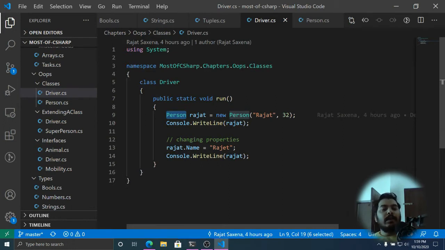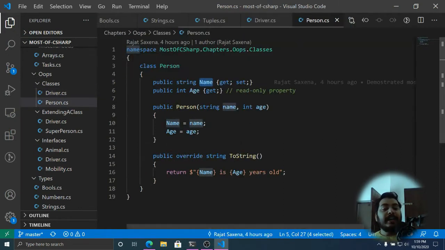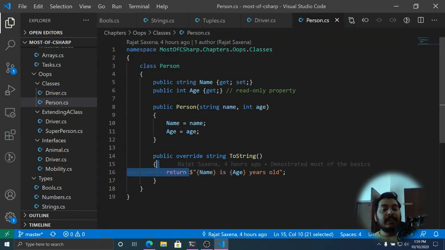Let's suppose I want to do this Console.WriteLine. By default, it is going to give me some random thing, but I want to create an output in a certain form. Whenever somebody writes Console.WriteLine of Rajat, it should first of all output my name and my age. I can define all of those things here.